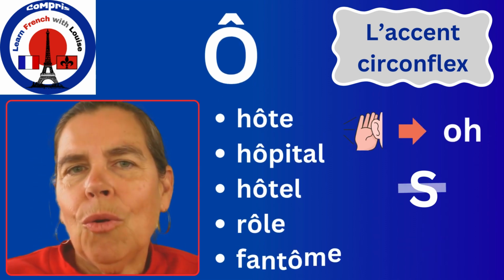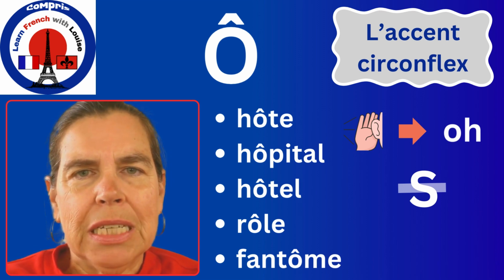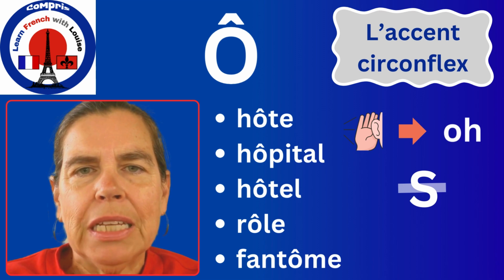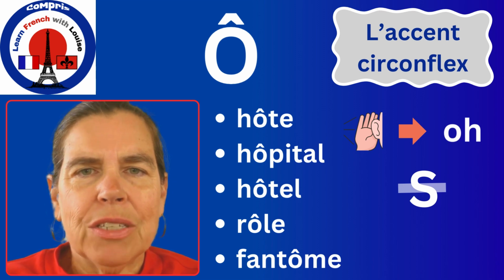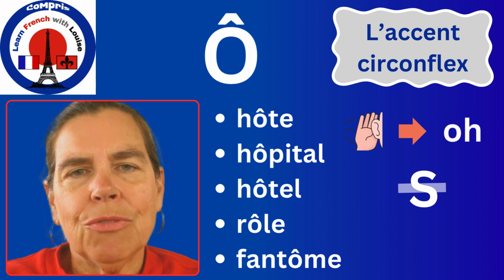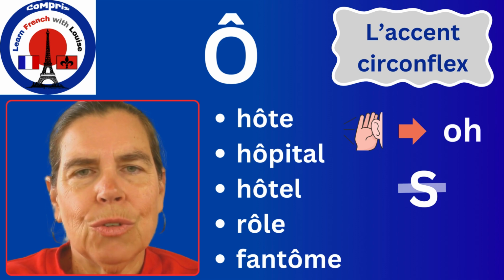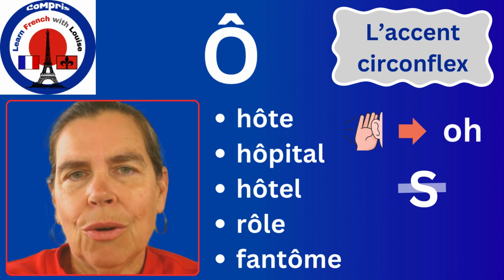For the letter O, the accent circonflexe is really representing the elimination of a letter in the word. Usually it's the letter S. Let's go ahead and practice these words together. Remember that the H in French is silent. So the first word is the French word for host, hôte, hôte,